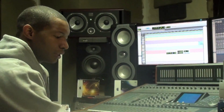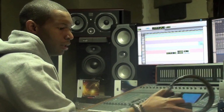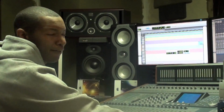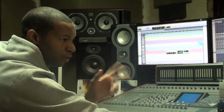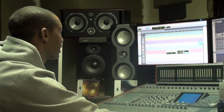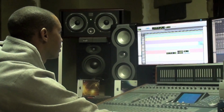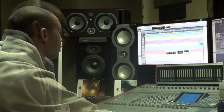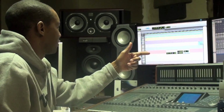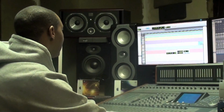So let me show you, I wish I had saved this project before a different way. So what I'm going to do is put everything back into the 2-channel pair that goes through the SSL. So let's make everything back to analog 1, 2. By default, when I brought the project down, everything was set up to be analog 1, 2. All the tracks were already named. So if you come over here